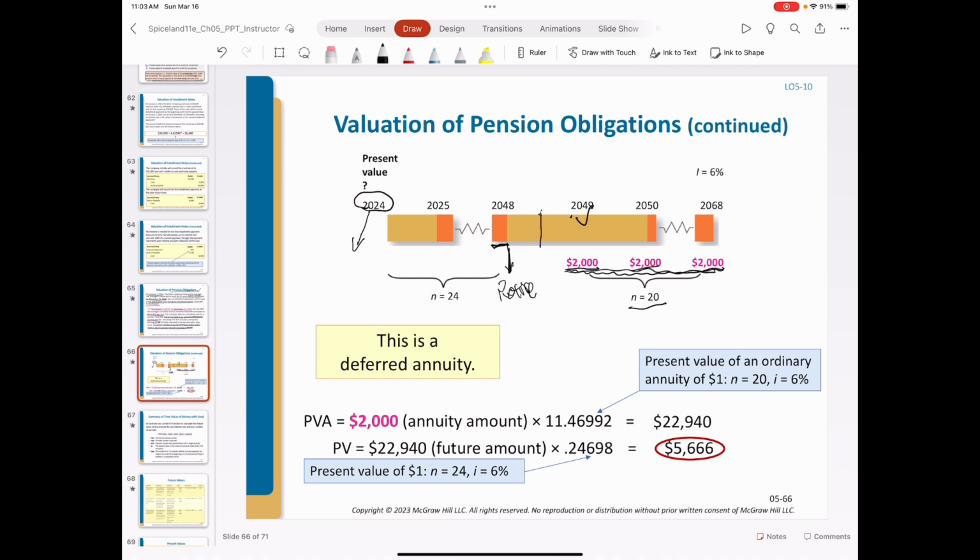Just use the payment multiplied by the present value factor of an ordinary annuity determined by 20 periods, interest rate 6%. So this represents the present value of this annuity. The present here is at the beginning of 2049 or at the ending of